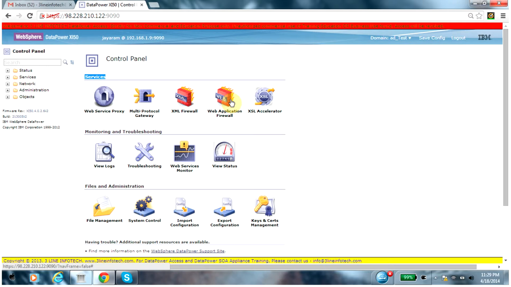Let me now talk through XML firewall and web service proxy, because these two are related, but there are some differences between these two services. Many developers ask when they should use a web service proxy and when they should use an XML firewall. The question is simple. If you have a WSDL file, the Web Service Description Language, which some people may call a service contract,